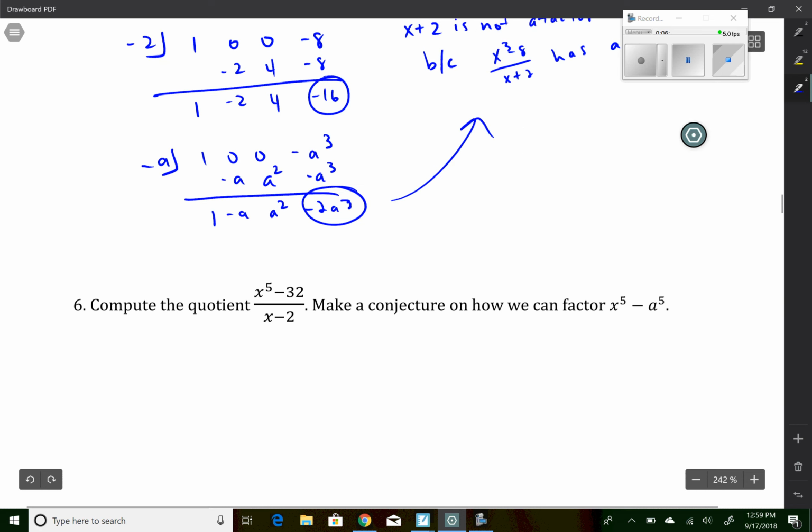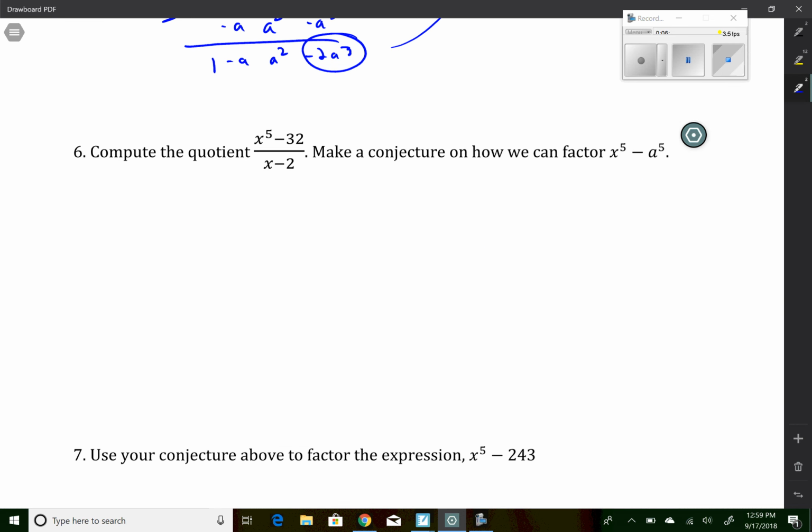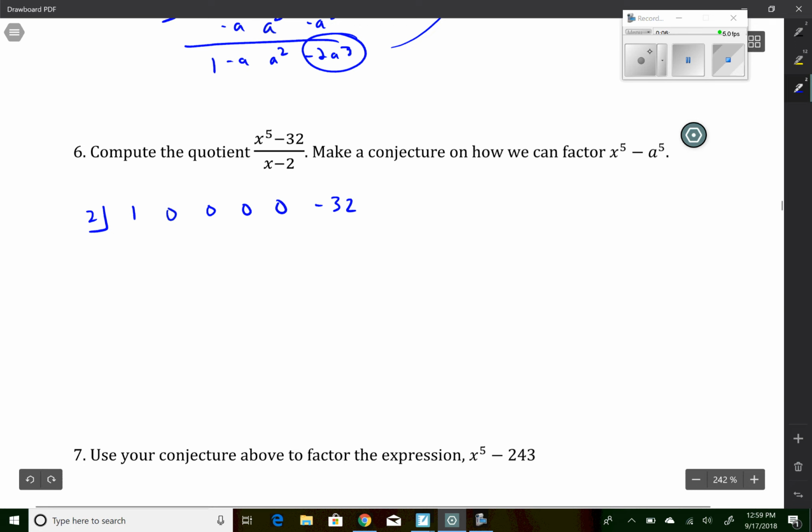Number 6 says compute the quotient. So we're going to put a 2 here in our jail. 1 for the 5th term, 4th term, 3rd term, 2nd term, 1st term, and constant term. Look at all of those zeros. The 1 comes down, so we have a 2, we have a 4, we have an 8, we have a 16,